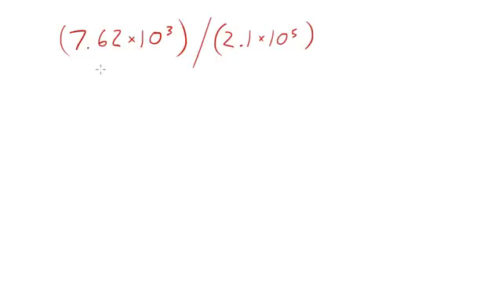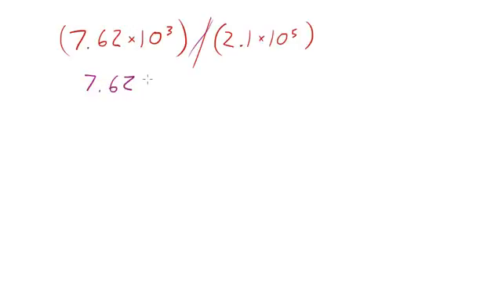So let's go ahead and jump into division with scientific notation. Just like multiplication, we need to pull this number and this number first. So let's do that right now. 7.62 times 10 to the third divided by 2.1 times 10 to the fifth equals